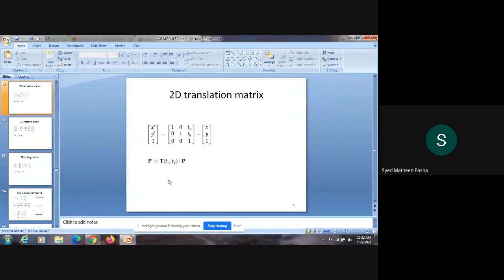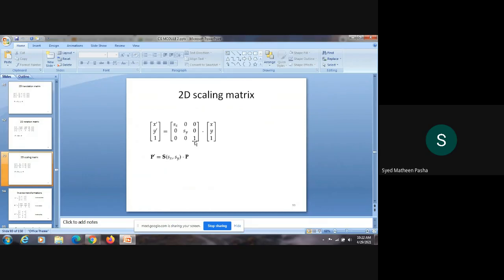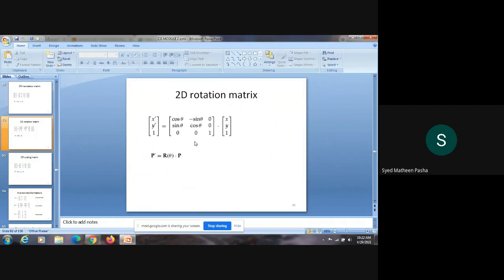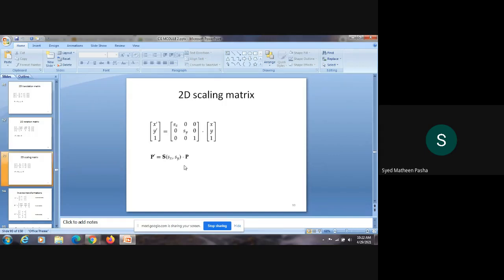Then we saw how to represent the matrix form of translation. This was the matrix which we defined for translation. Similarly, for rotation as well as scaling. In rotation, you need to remember the important aspect you should consider there, which is the angle called theta. With respect to some angle, you need to perform the rotation, from one object angle to another. So here the theta value is very important in rotation. Then we saw how to perform the matrix representation of scaling as well.